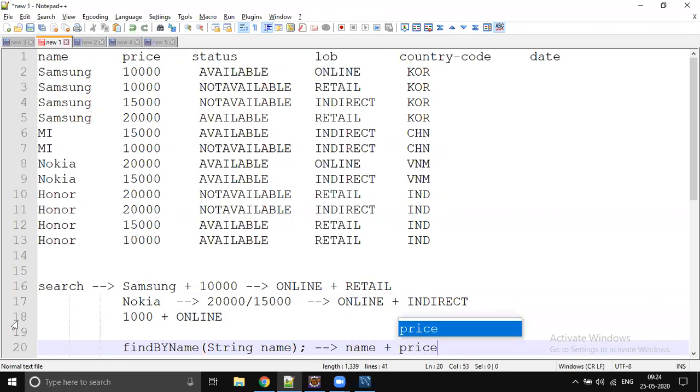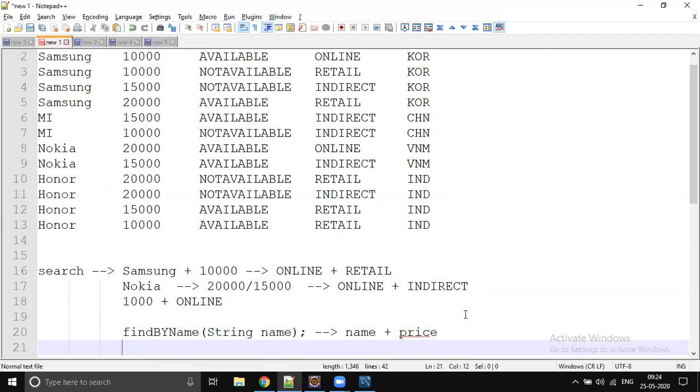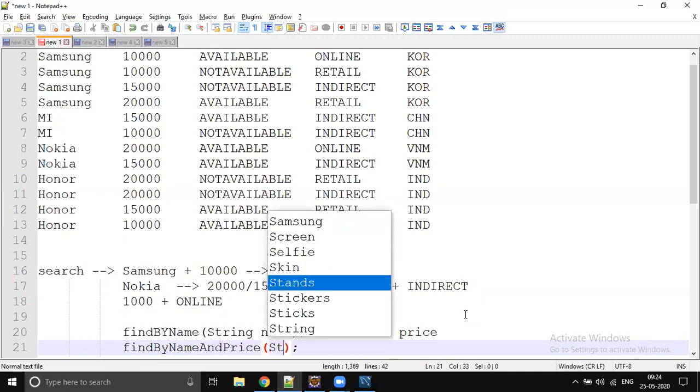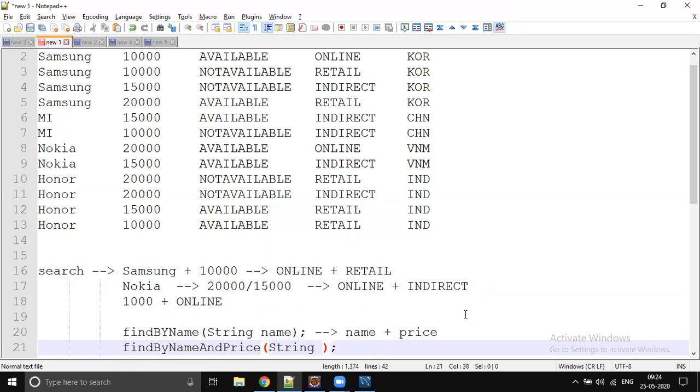This won't be sufficient, right? Then you have to write one more method. Okay, this is not suitable for me, so I should go and write one more. Find by name and price. All these are and operations. Usually the searching and filtering should be done by and operation, right? Name, int price. Okay, fine.